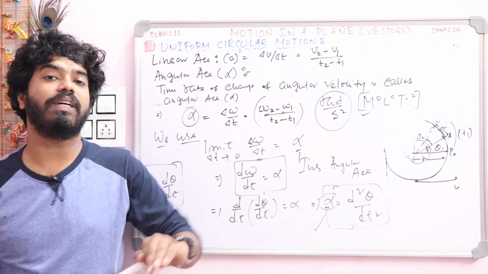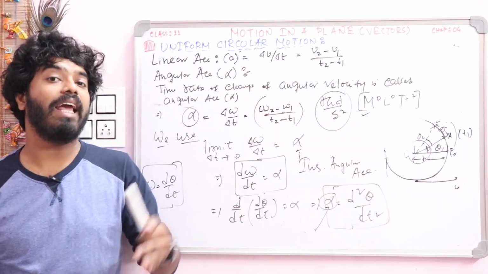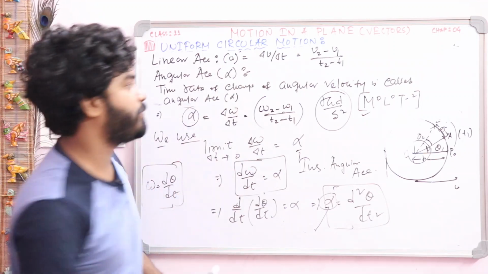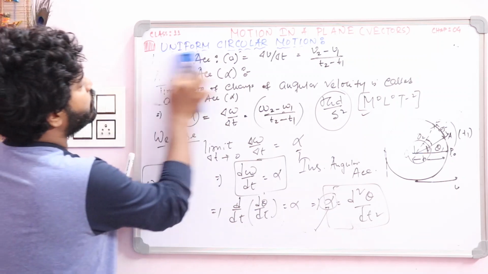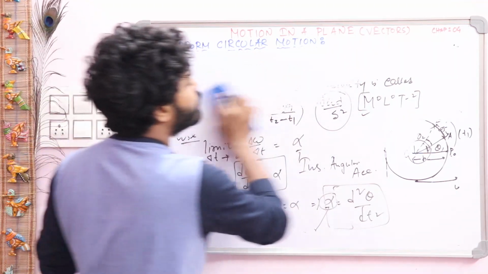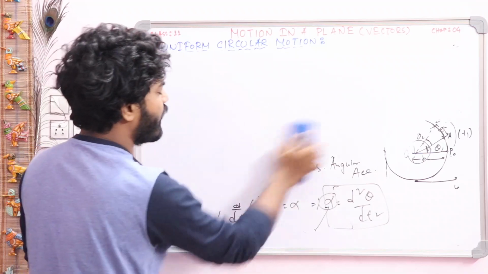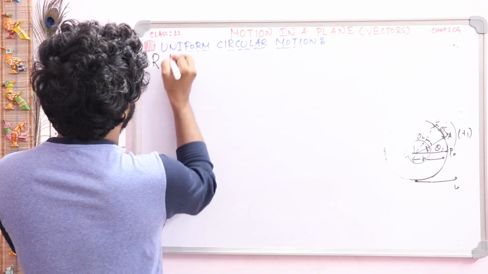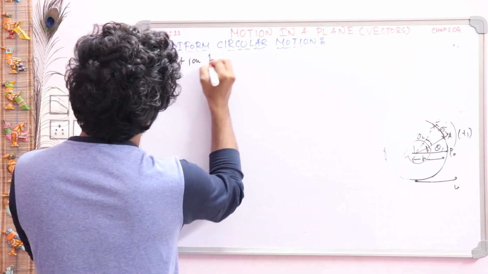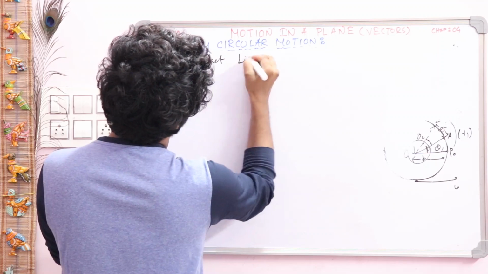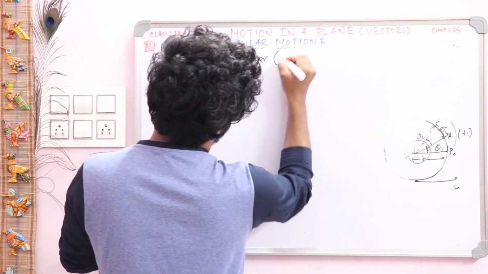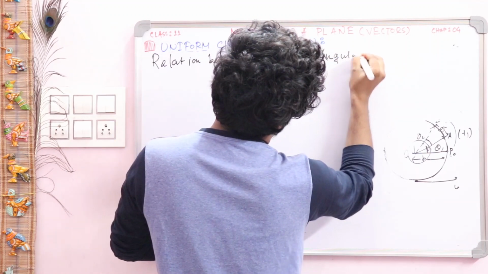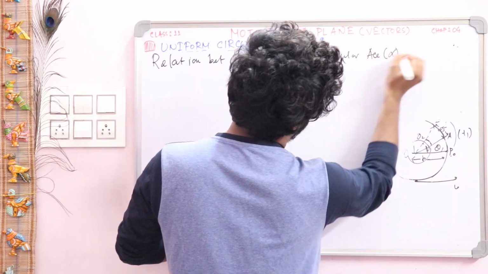We already proved the relation between linear velocity and angular velocity. Now we will prove the relation between a and alpha. Write it down. You can take a screenshot. So our next point is that we have to prove the relation between linear and angular acceleration. The relation between linear acceleration, which is named as a, and angular acceleration, which is named as alpha.